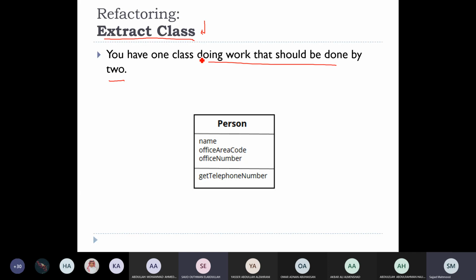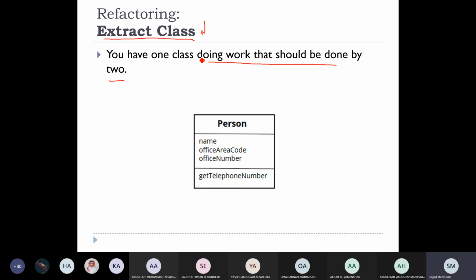Exactly, single responsibility. This is a very obvious case where extract class will be applied: you have a violation of single responsibility, so it's better to split them and create classes which actually reflect their single responsibility. But there could be some other cases where you might not be violating single responsibility as such,